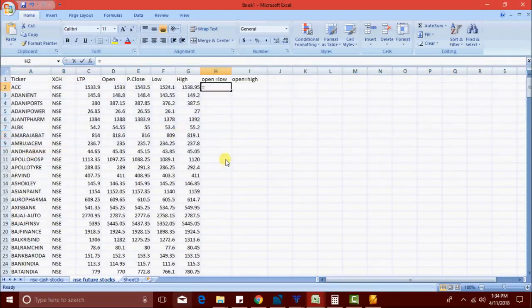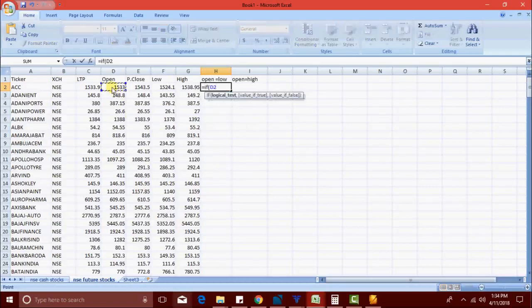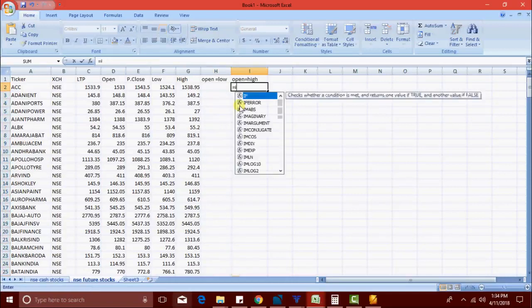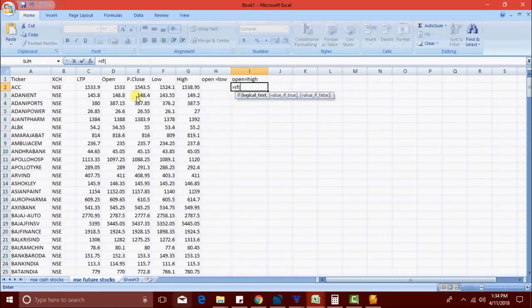So this is the future price. Just select the IF condition, open equal to low. Next, open equal to high, IF open equal to high.